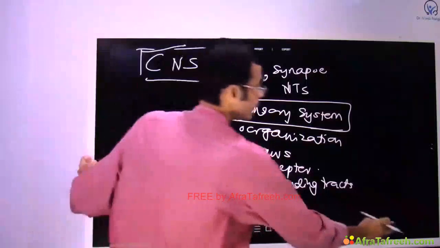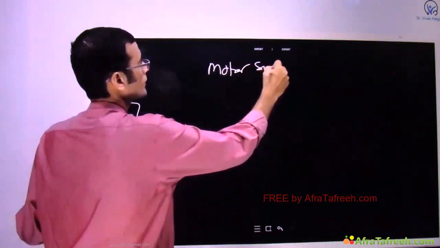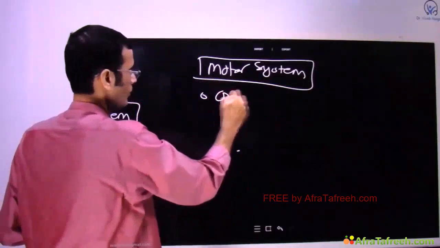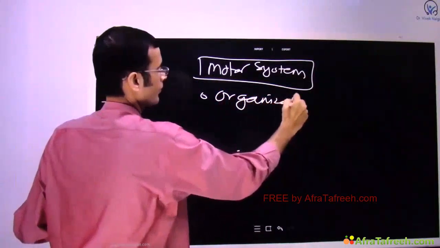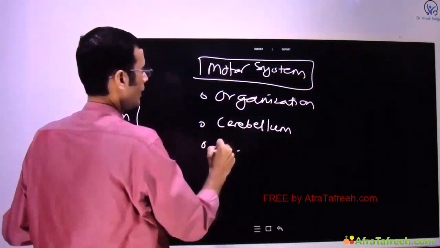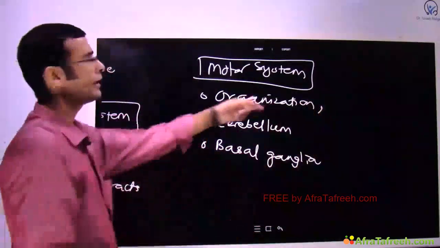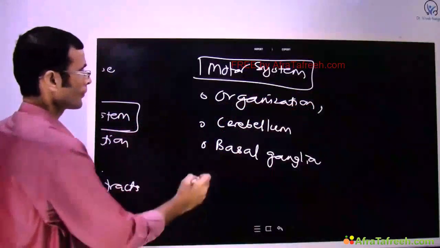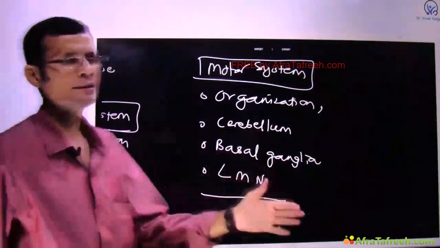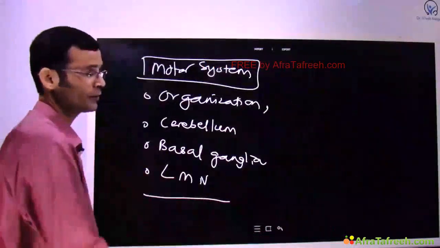After this, we will discuss the motor system. The motor system will have organization of the motor system, functions of cerebellum, functions of basal ganglia. Of course, we will also discuss the descending tracts when we discuss the organization, and then lower motor neuron. Associated with this, we will also discuss the postural reflexes and other related mechanisms in the motor systems, physiology of